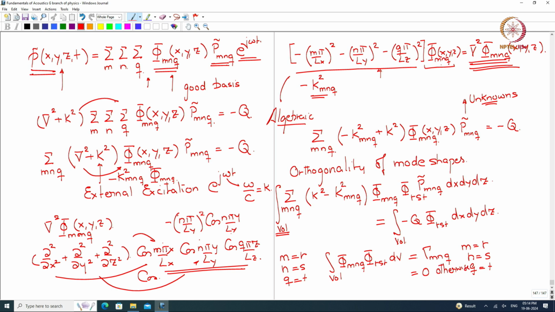As a result, because r and m index has to be same and we have multiplied by a particular mode shape, so the summation goes away and one of those is picked up,